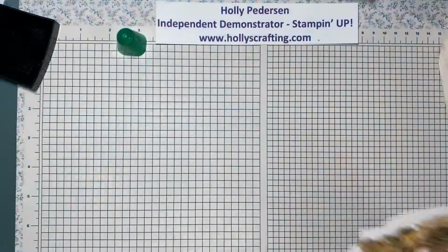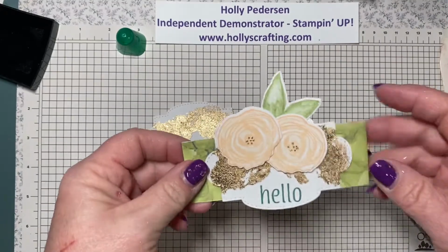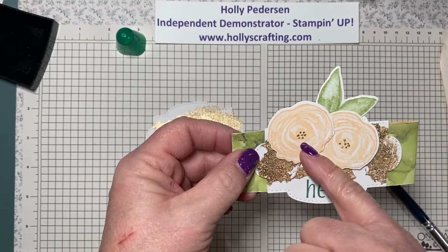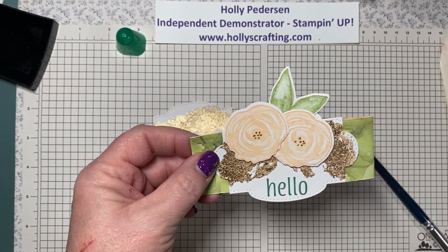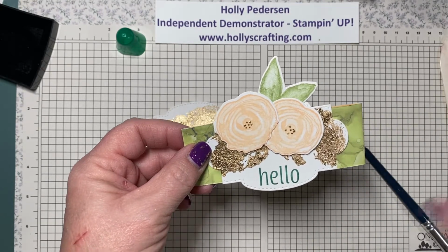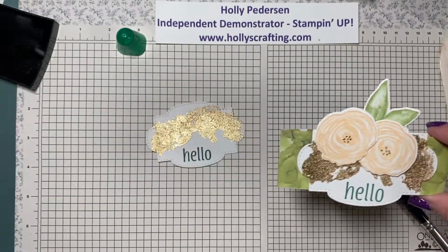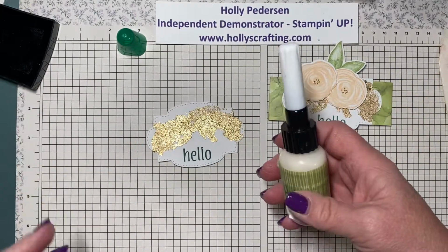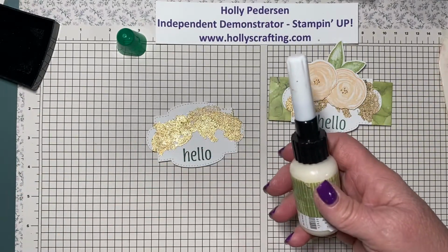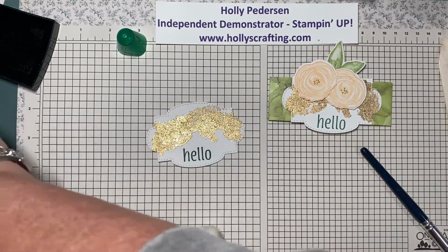So while we have our leafing out, on my flowers, you'll notice I did some little tiny dots, and then I let it sit for a few minutes. I used the Tombow multi-purpose liquid glue, and I have that in a fine tip glue pen bottle, but it's my Tombow multi-purpose liquid glue. So on our flowers,